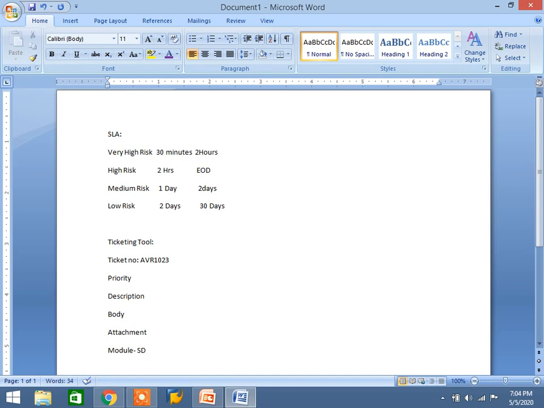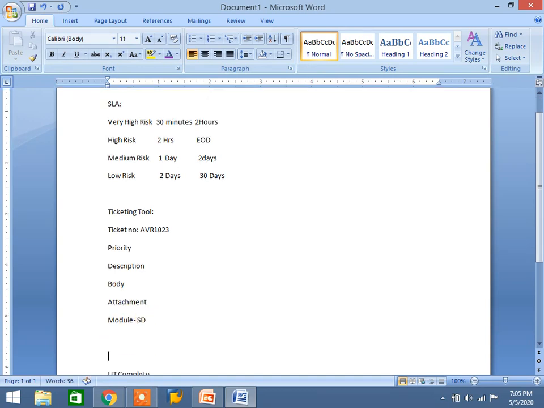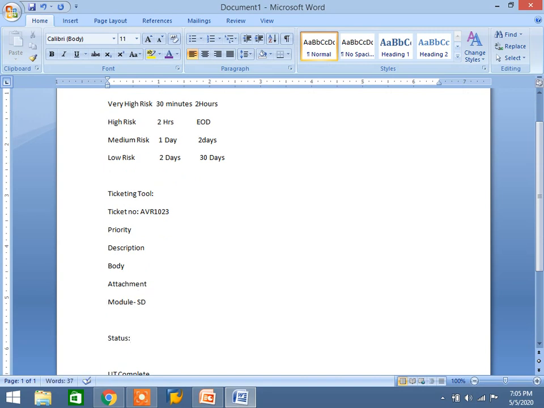Once our development is completed, we need to move it to the development testing client through SCC1. That is ourselves, no need to release a ticket also. If it is working fine, we will change the status to UT completed. While they are sending, the first status is new ticket.